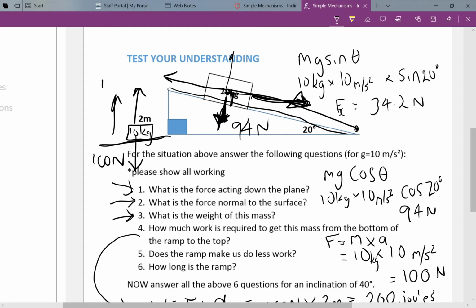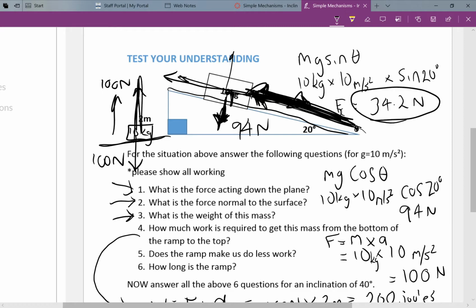get it off the ground here, if you're going vertically up, all you have to do, if you wanted to push this box up the ramp, see how I'm drawing this arrow up the ramp, I'd only have to do 34.2 newtons to push it up this way instead of 100 to go vertically. So if I'm using less force, and we know that work equals force times distance, and we know that the work is equal to 200 joules, then if I reduce the amount of force, I have to increase the amount of distance